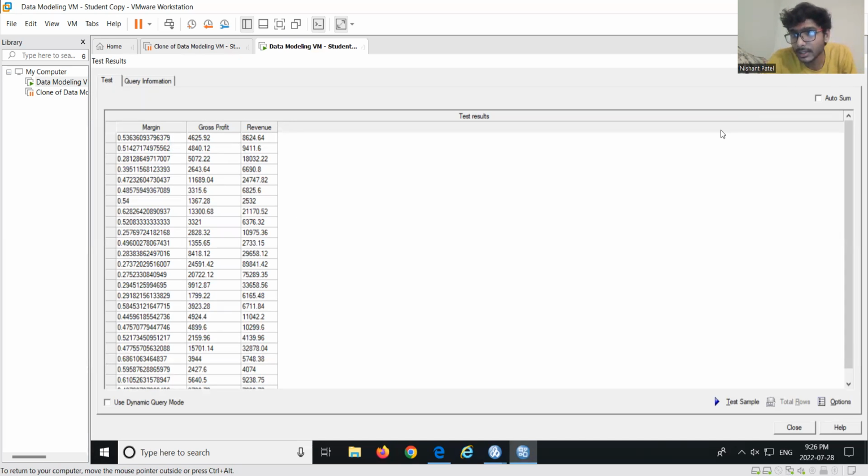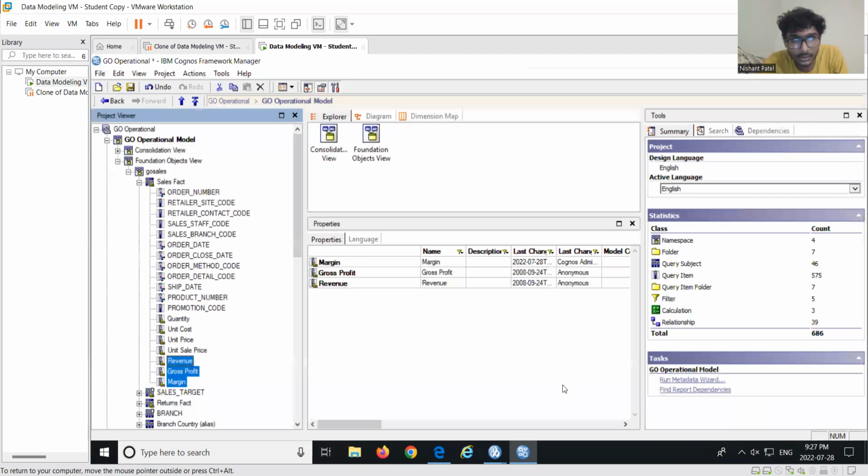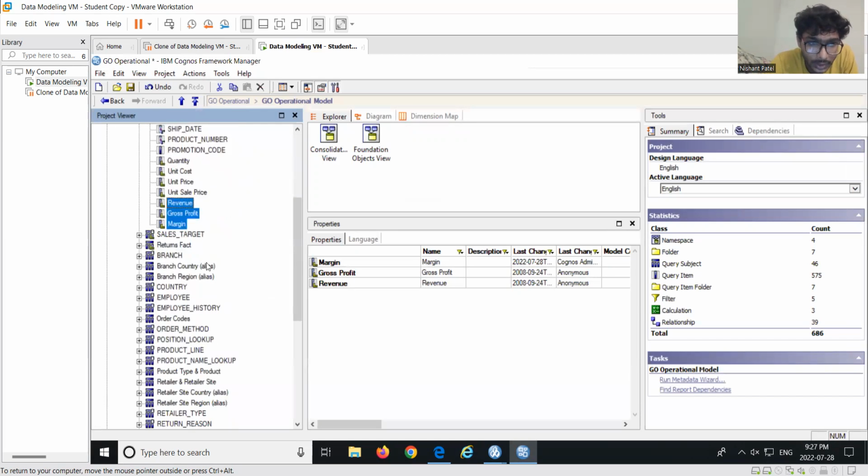So when I click auto sum over here and then test the sample again, it gives us an incorrect value over here, and the value which is gross profit by revenue gives us the completely wrong value. So now to overcome this issue, I am going to create two standalone calculations over here, and for